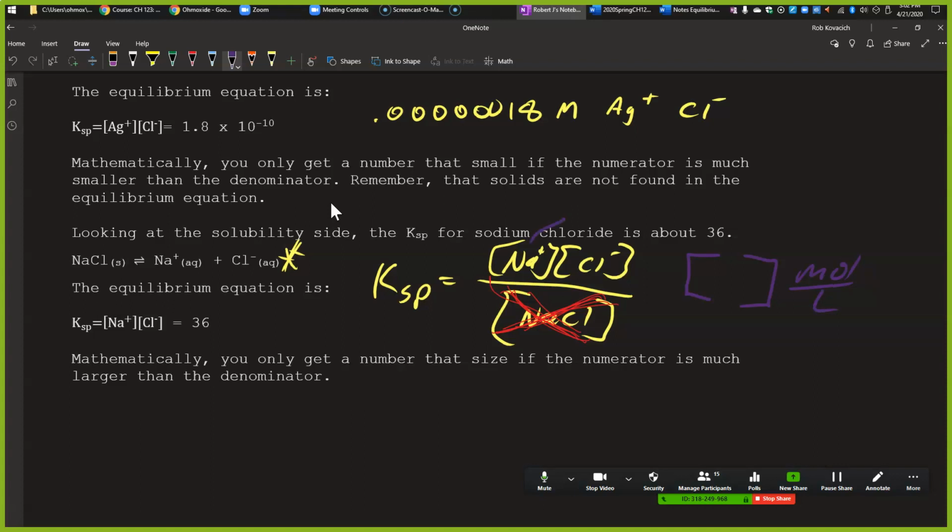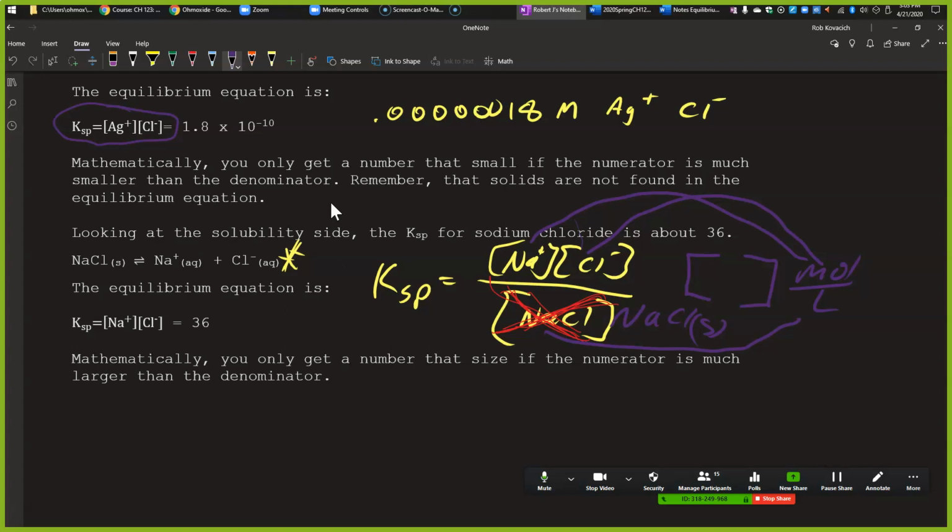Okay, so I can give you a mole per liter of sodium dissolved in something, and I could give you a mole per liter for chloride dissolved in something, but can you give me a mole per liter of NaCl solid? What's the concentration of solid table salt? 100%, right? It's just table salt. So I can't put that down there. So we end up losing it,